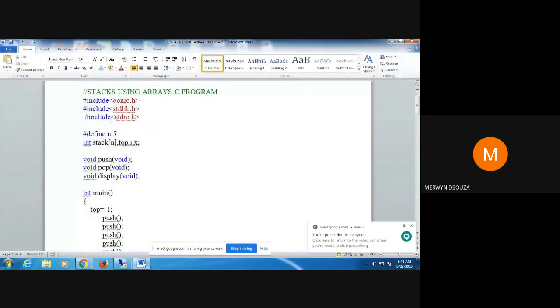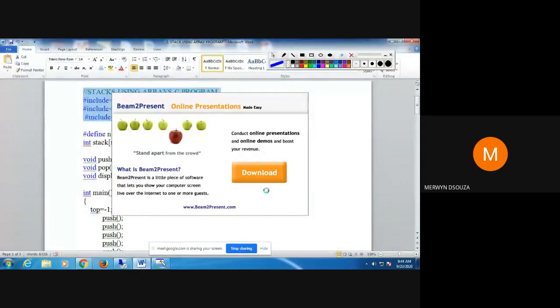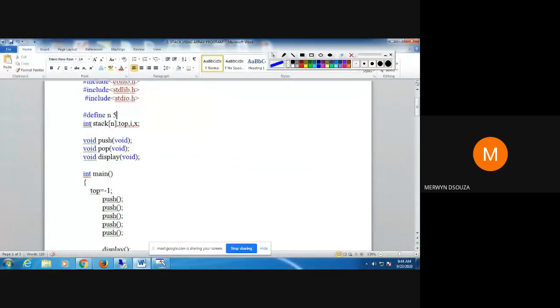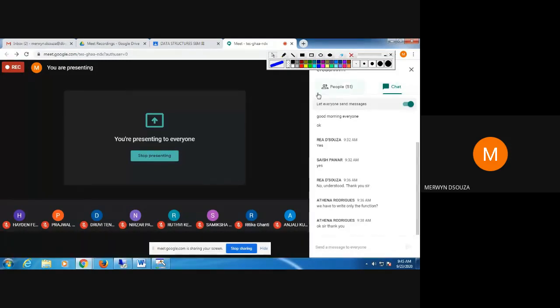As you can see here, I declared some header files, then I've declared some global variables here. Can you write in the chat what does #define do, and what will this statement that I'm highlighting do? Do you all know what it does? Can you write the answer in the chat if you know? Yes, it's a preprocessor directive, but what does it do?